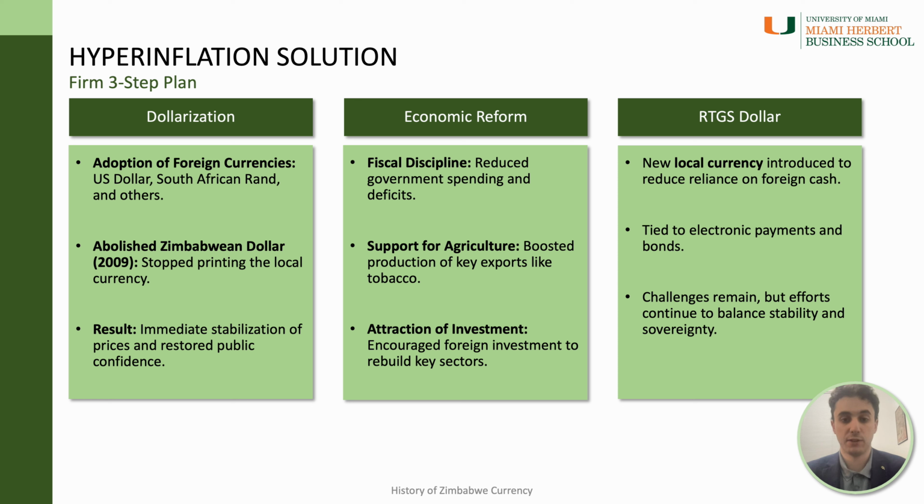Despite these efforts, relying solely on foreign currencies presented its own challenge, including a loss of monetary sovereignty. To address this, Zimbabwe introduced the RTGS dollar in 2019, a new local currency tied to electronic payments and bond notes. The idea was to reduce dependency on foreign cash while giving the country more control over its monetary policy. While the RTGS dollar has faced criticism and ongoing challenges, it represents an attempt to balance stability with the need